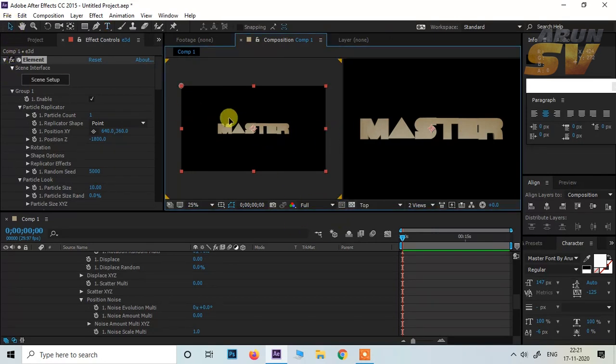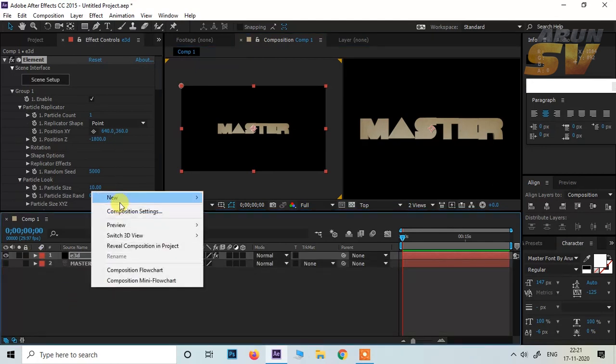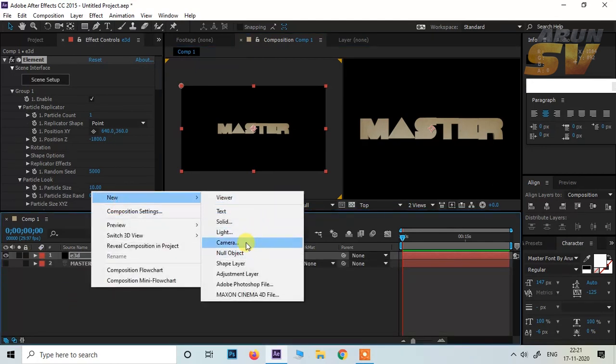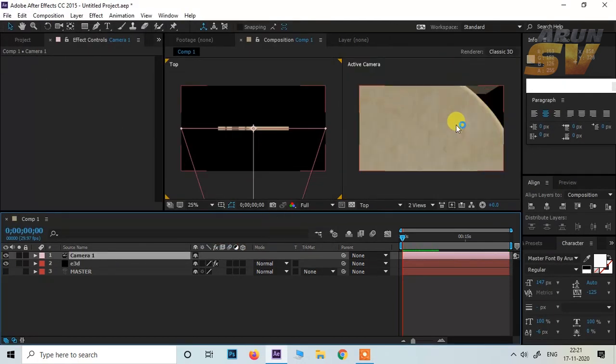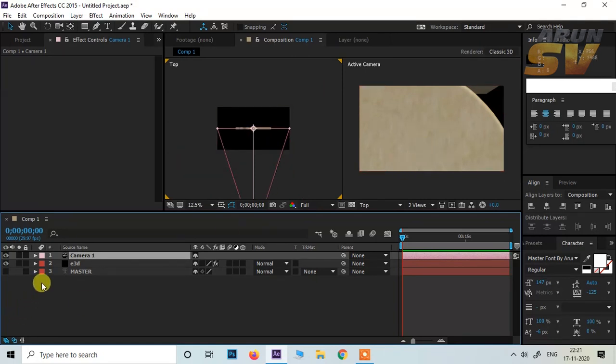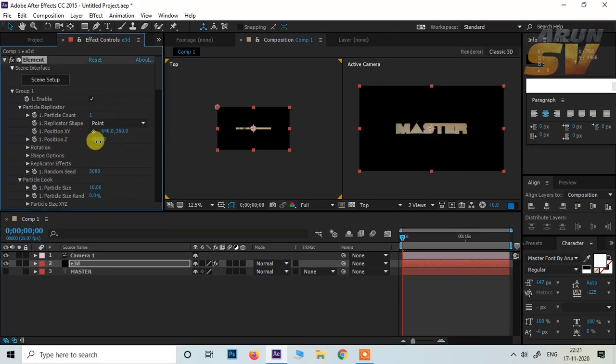We can see it in the top view by first we add camera, 3D camera, so that we can see the top view perfectly, like this. First position the group 1 outside the camera, like this.